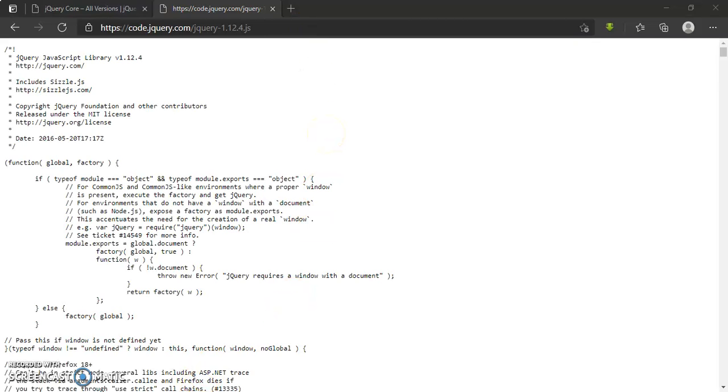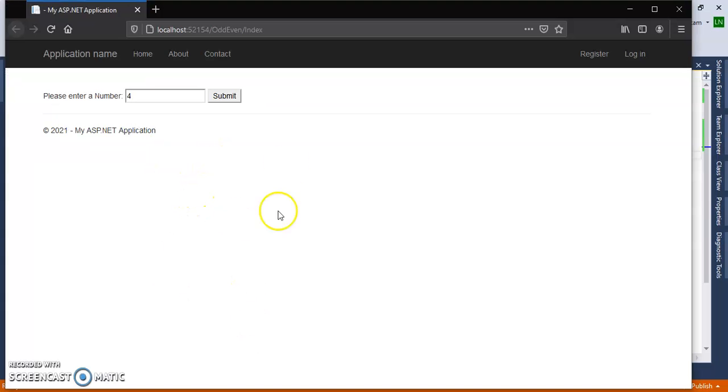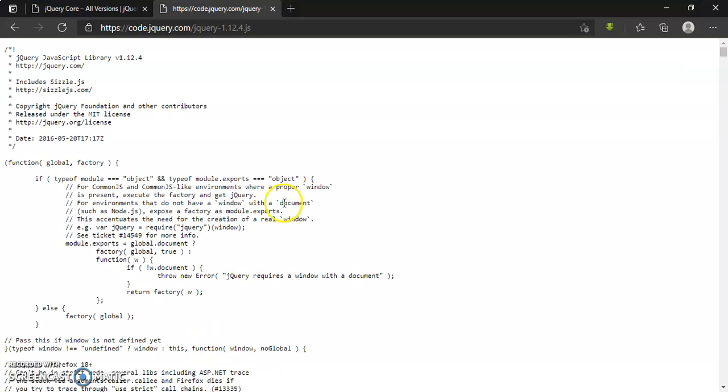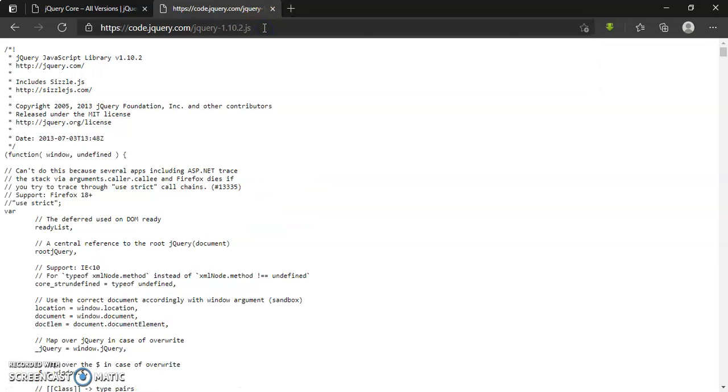Now I want to use 1.10.2. No problem. Here is the 1.12.4 version, so we can change it by changing just the version. So 1.10.2, and just click on this.